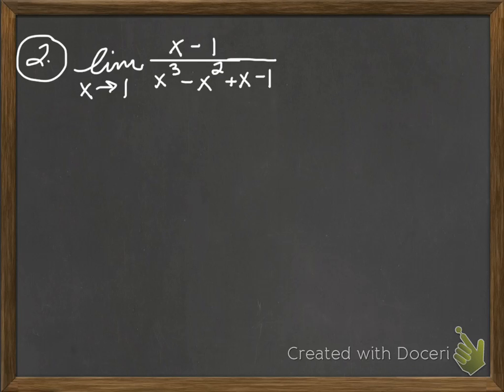Alright, so what if you have a problem like this? Notice that if I were to plug in 1 for the x's in the denominator, I would have 1 minus 1 plus 1 minus 1, and that would once again give me 0, and we don't want that. Also in the numerator, I would have 1 minus 1, and that gives me 0 again as well. So we have to use factoring again, and in this case we have to use a little bit more of a clever technique to factor this denominator. This isn't a nice perfect cube type of situation. So what we're going to do is bring down the numerator,